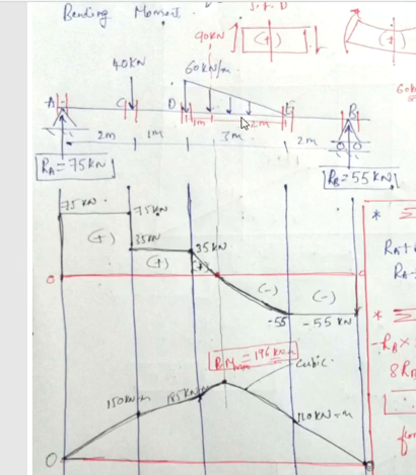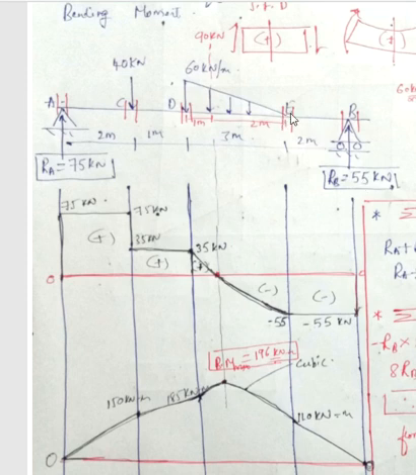Now if I consider this section and come from the right side, there is one force, that is 55 kilonewton, and to the right side it is moving upward, so it is negative shear. To the right side of the section, downward is positive, but this is upward, so it is minus 55. So I have represented from 0 to minus 55. From this section to this section, there are no other forces apart from this one force which I have already considered. So from here I am drawing a straight line because the value is going to remain the same.